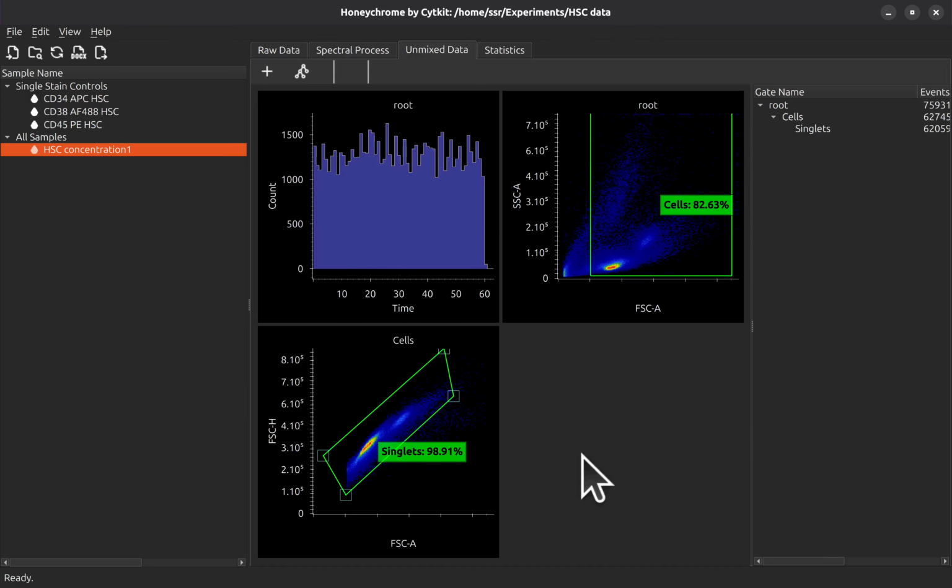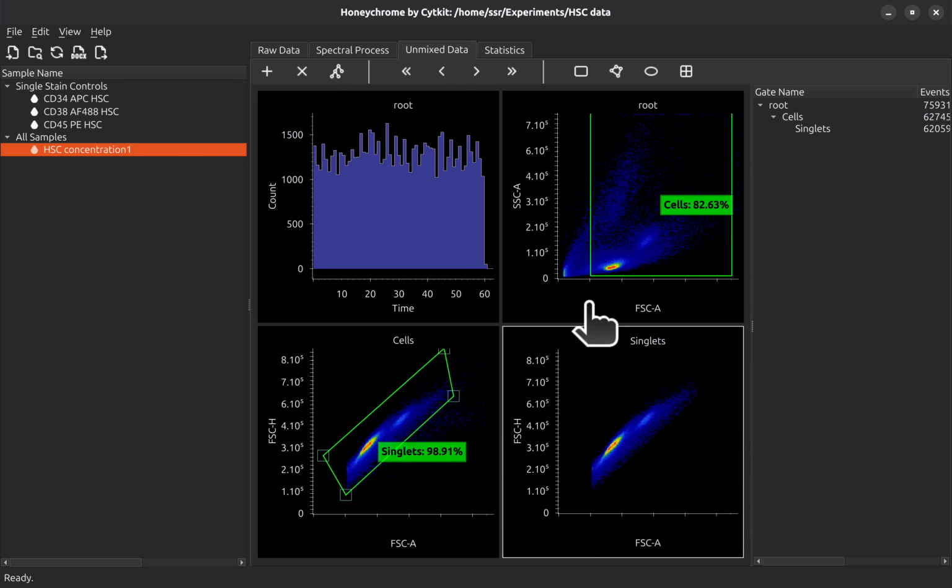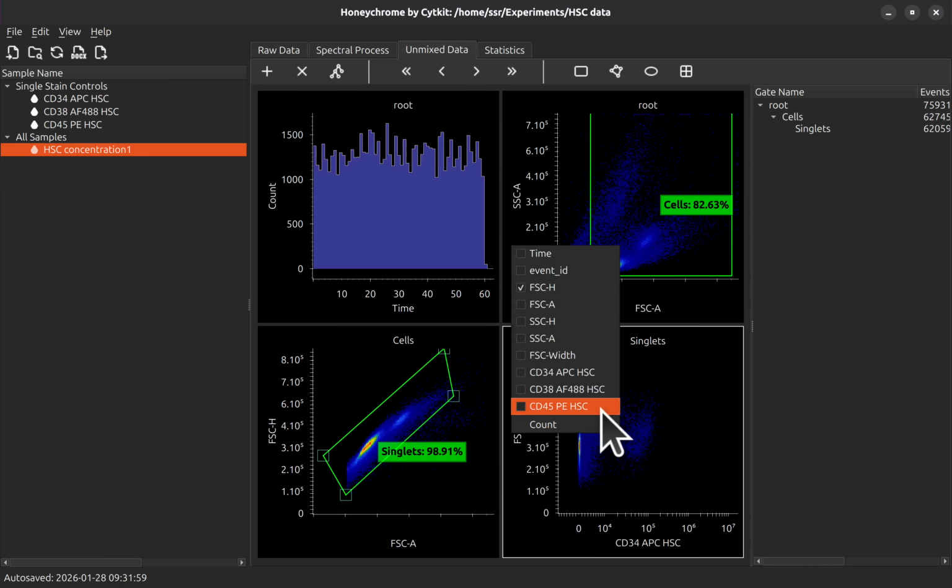It copies by default all the plots and gates from all the morphology, all the non-fluorescence plots and gates from the raw data. So you can use the same cells and singlets gates, for example, and then define new ones. So I'm going to define a new plot from the singlets. You can change the parent gate there, change the gates on the axes,